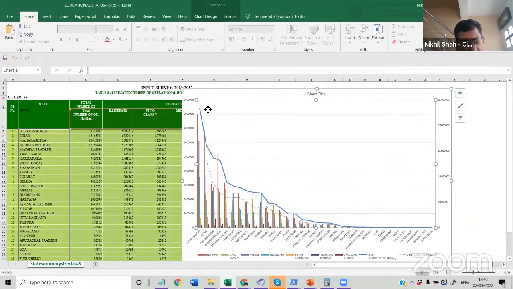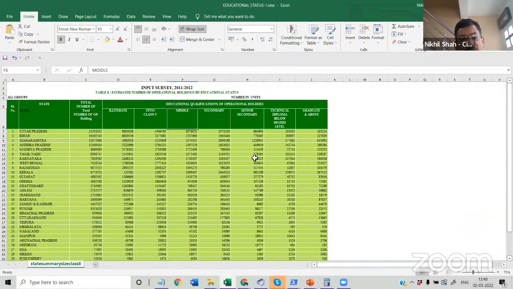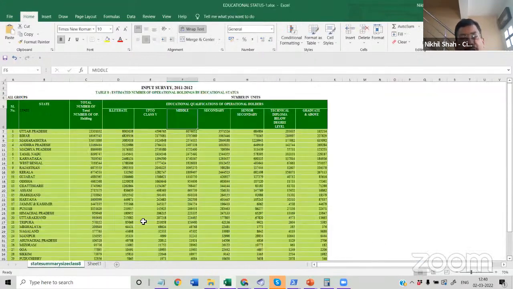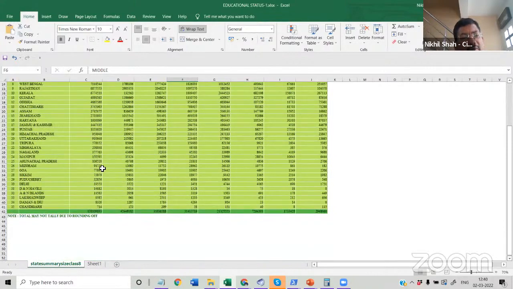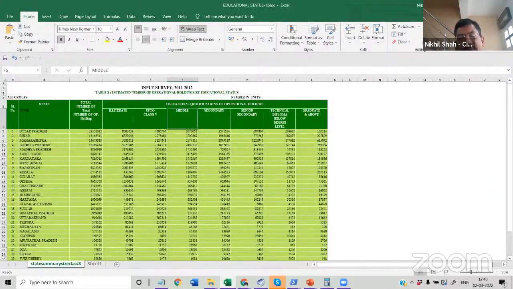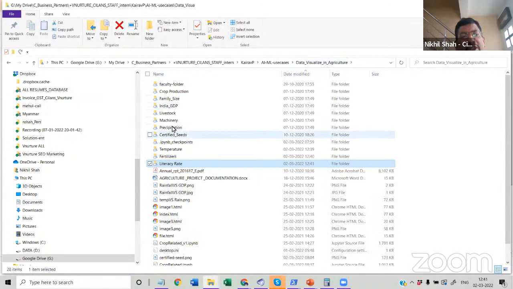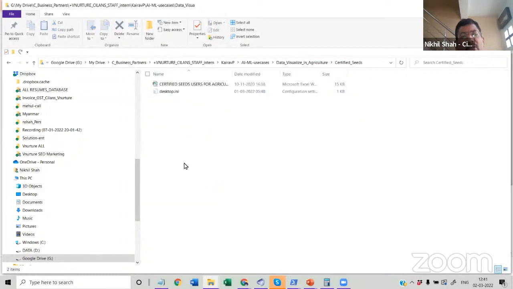Okay, the image overlapped in the data. But yeah, so the basic education level: class 5, middle class, secondary class, higher secondary, technical diploma, graduate. So this is every state-wise literacy data that we have. And you can see the different data that we have about family size, GDP data, livestock, machinery, certified seeds, and so on and so forth.